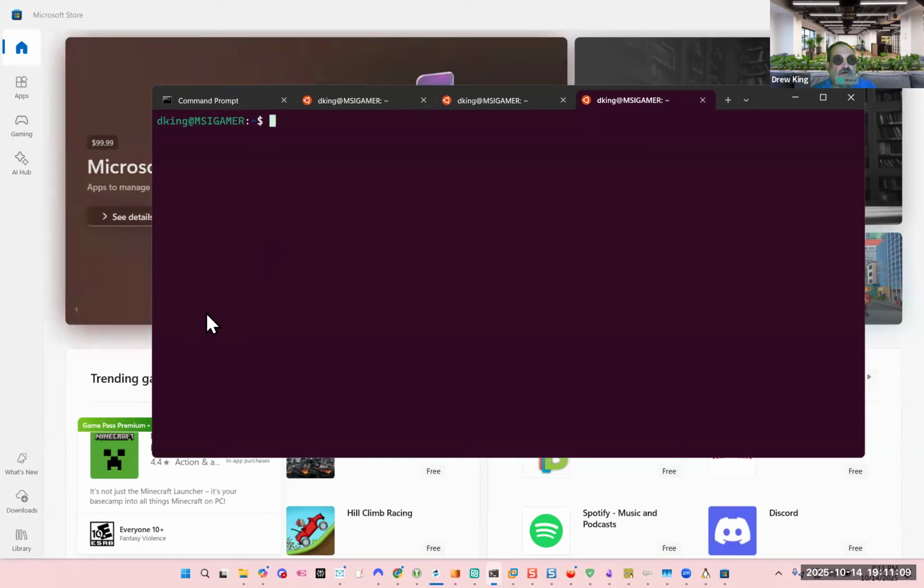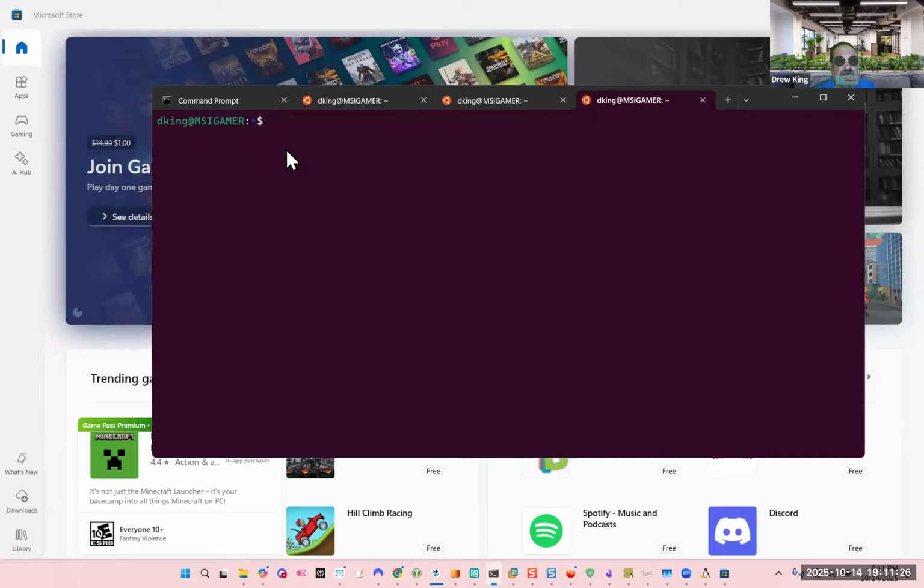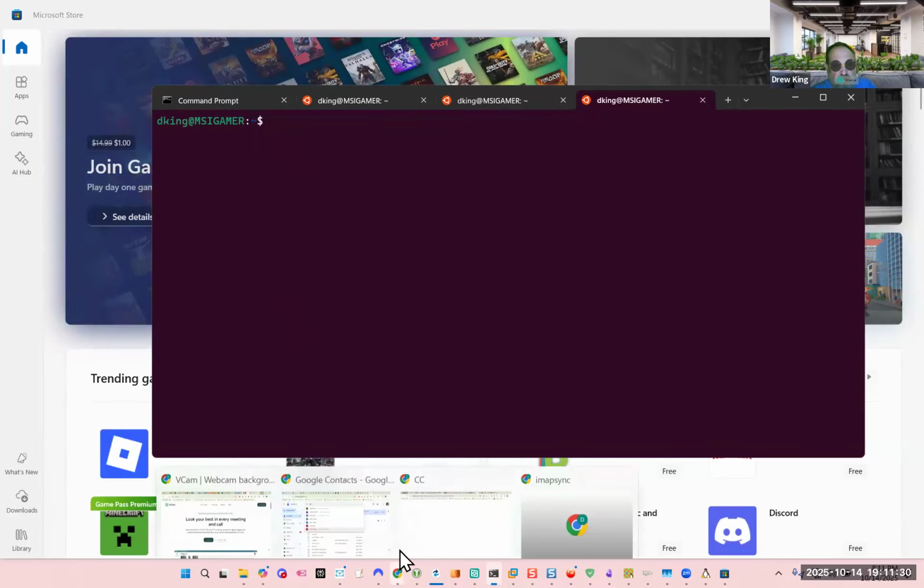Step one is to install the Windows Subsystem for Linux. And then there's a program that's actually called Flatpak. Ubuntu provides the Flatpak software for you. It comes with the distro. And then, I'll show you real quick